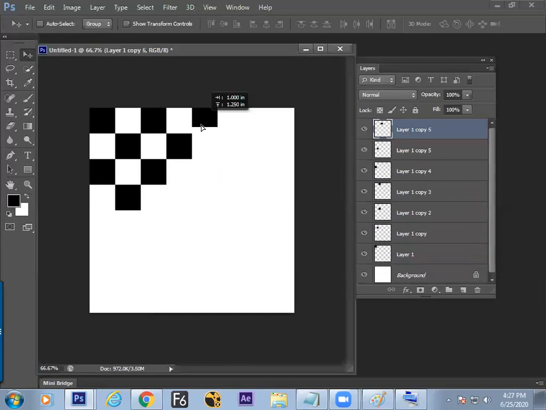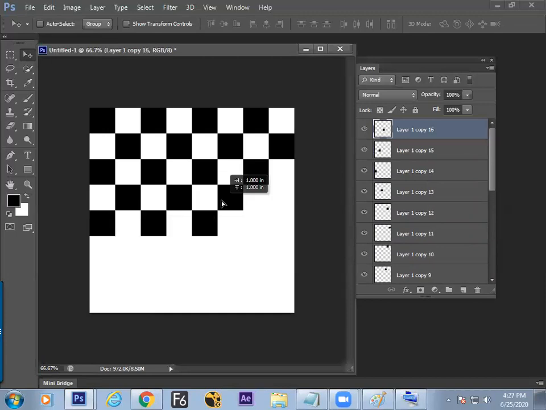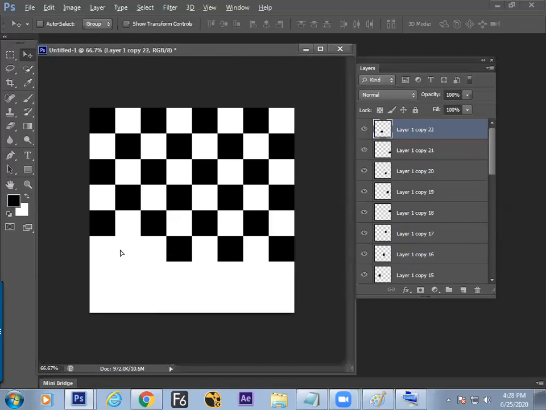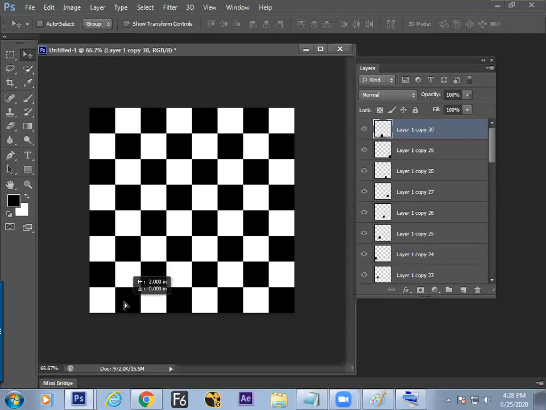So whatever we have learned, we are using that knowledge now. We're not doing any new thing. You know everything, but yes, Alt and drag and move. Alt and drag and move. In the last class, we did a lot of duplicate measurement and all. Now, just Alt and drag, no ruler, no grid required. Finish.